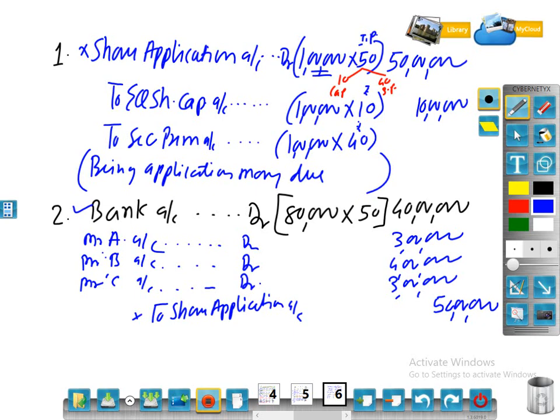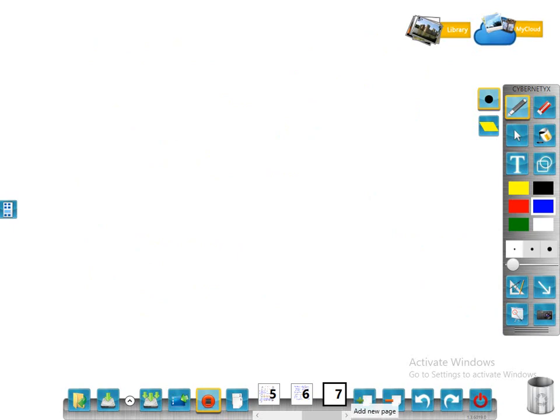Next, we have to record the journal entry for underwriting commission. So let us start. For the company, is underwriting commission an income or an expense? Expense. So should it be debited or credited? Debited, right? All expenses should be debited. So the journal entry is underwriter's commission